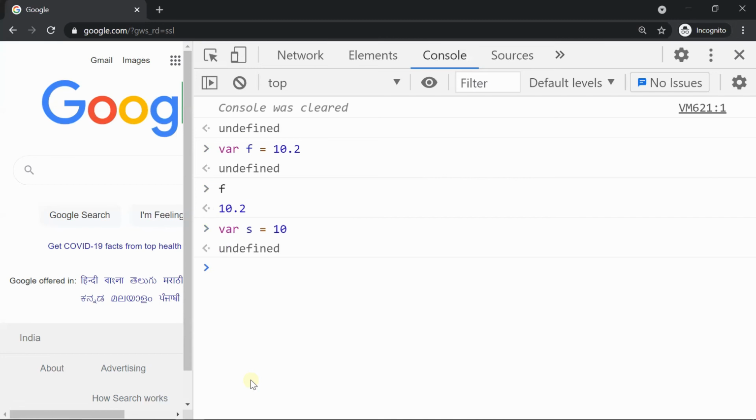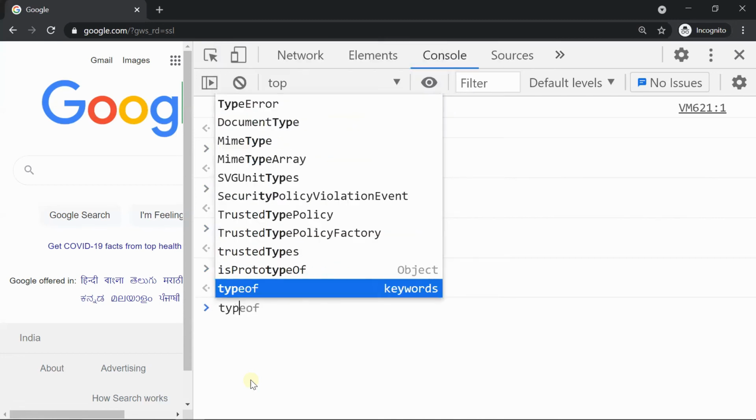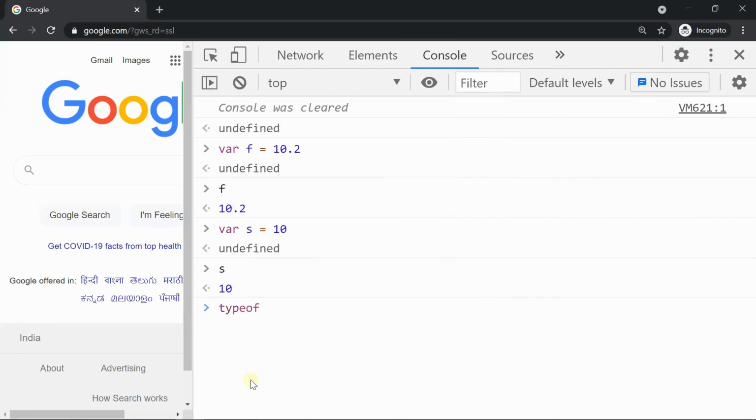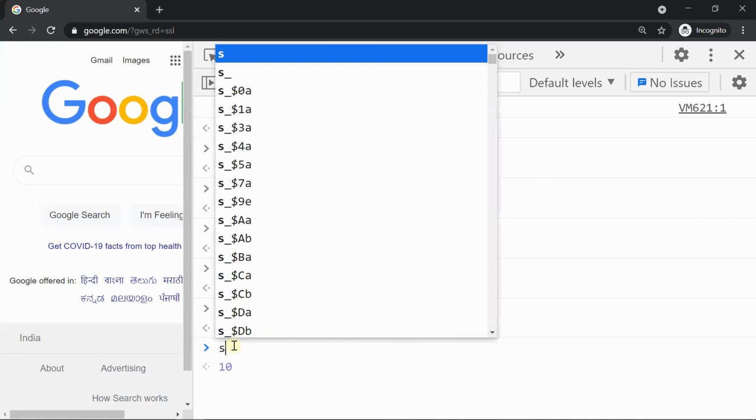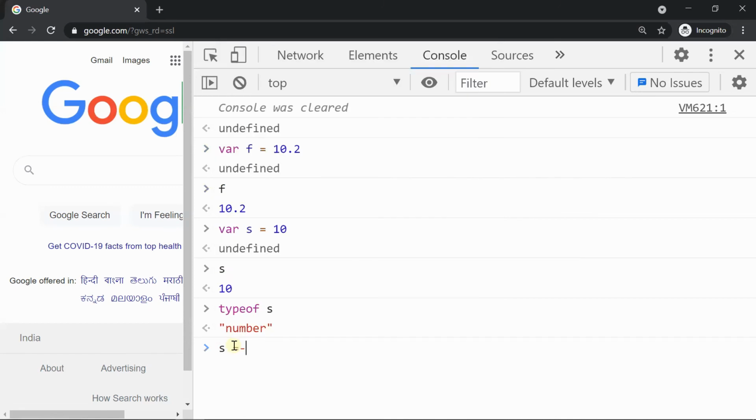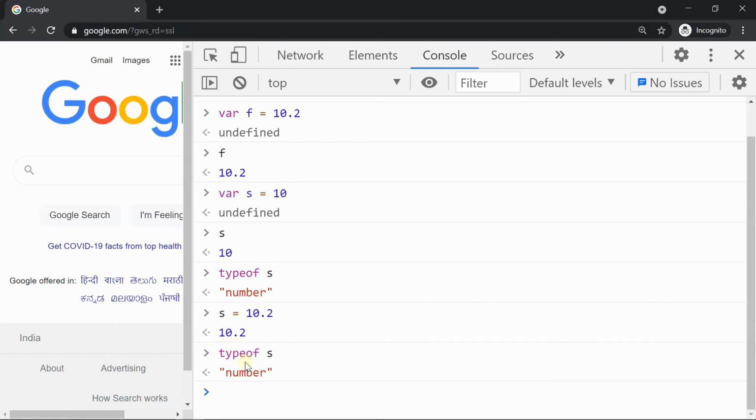Now how to find out the data type? typeof s. You see, it is a number. Now assign s equal to 10.2 and try typeof again. Still it is a number, because the number data type in JavaScript stores integers and floating point numbers.